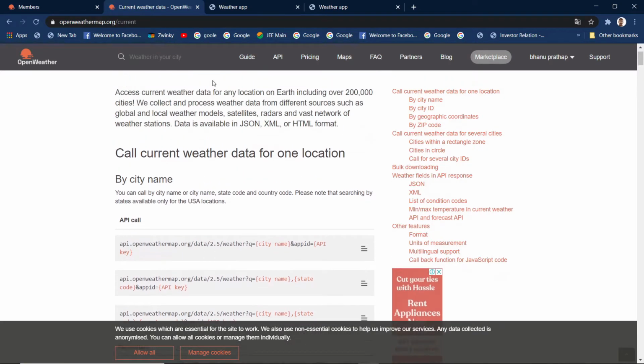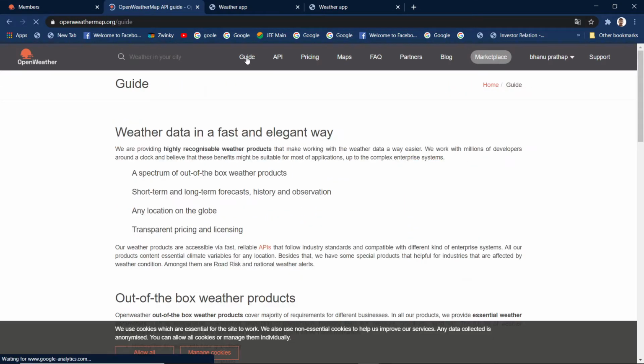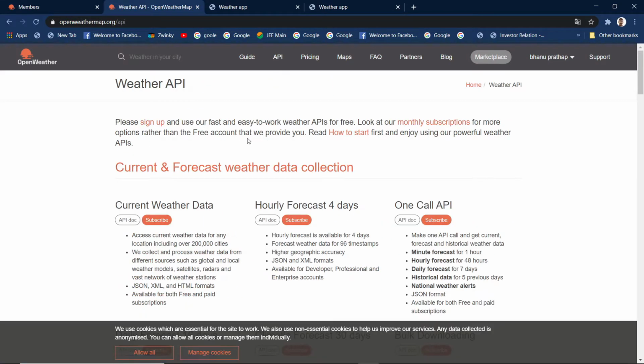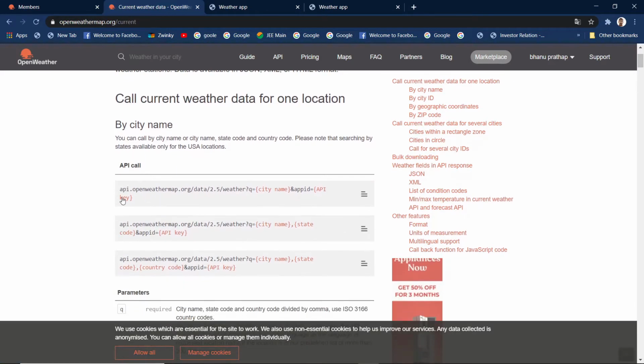Over here, go to the guide. I think no, it's not guide. Go to the API, click on this API doc, and this is the API call you need to make. City name, app ID.